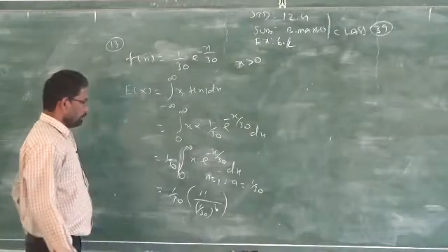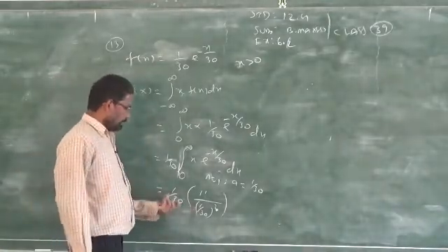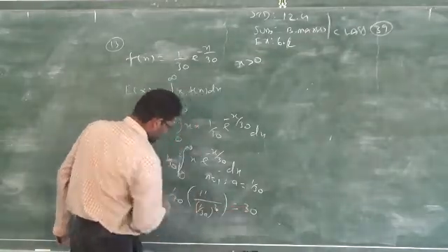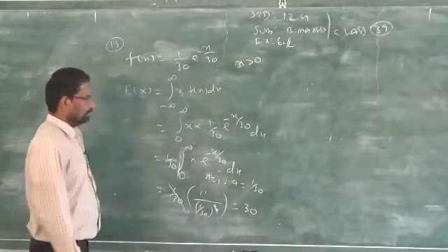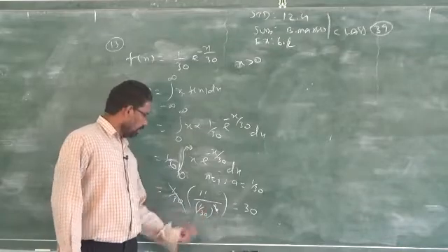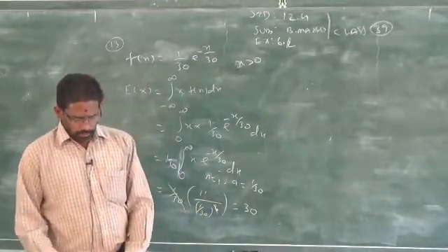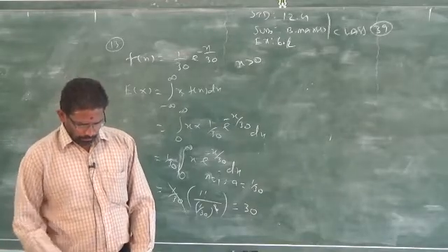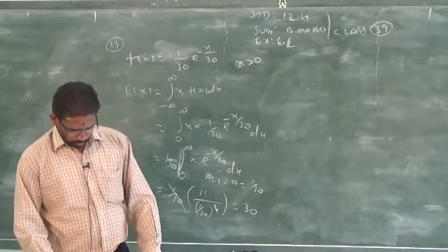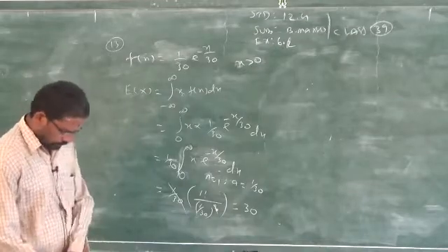So, you can use this formula and find out the answer. 1 by 30, 1 by 30, 1 will get cancelled. So, what will be the answer? You can straight away cancel, isn't it? 1 by 30 square, out of 1 by 30 power 2, one gets cancelled, you will get 1 by 30, take the reciprocal, you will get 30. Clear? So, you have to work out the problems. Do not copy as it is what is written on the board, you will surely get the wrong answer. Clear?